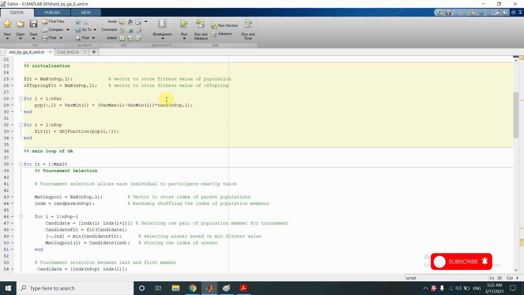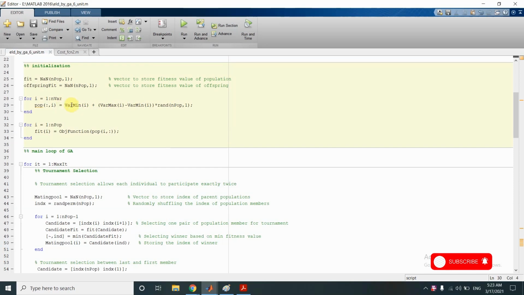So this is a column vector of 500 random numbers, and for each iteration of the loop, the space between maximum and minimum value is multiplied with each of the members of the column vector, and this is added to the lower bound to give the value for that particular generating unit for all the population